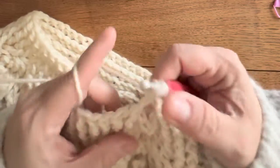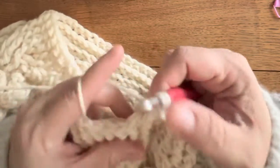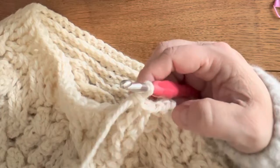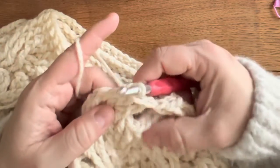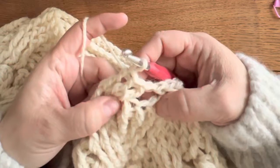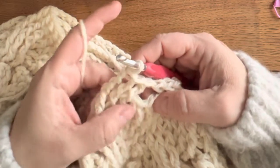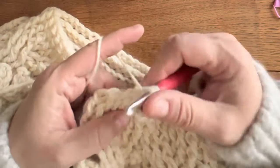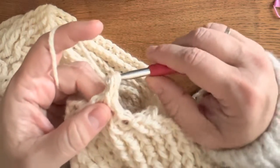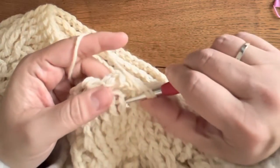Okay. 1, 2, 3. Now we're going back 3 stitches. We still leave these 3 unworked for the end of the round, but we have the second 3 stitches we skipped, so we're going to work into these, working in front of the ones we've already made. Yarn over twice, working around the first one, 1, 2, and 3, yarn over twice, work into the second one,